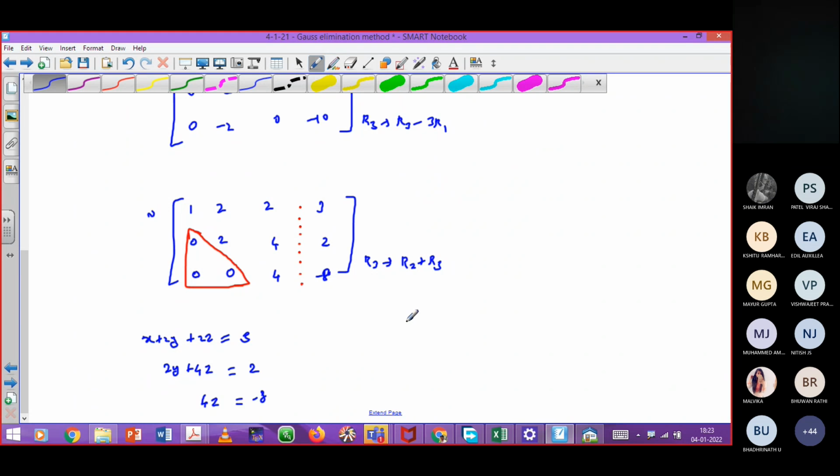See here, once you have derived this echelon form, you need to discuss one important investigation. What is that investigation? So here, I've already told you, the same rank method only. Here you are going to follow rank of A comma B. That means what is the rank of this matrix? If I consider it as an augmented matrix, what is the rank?